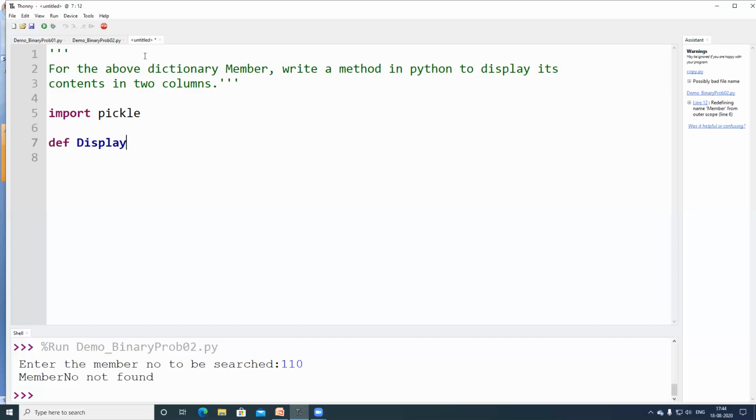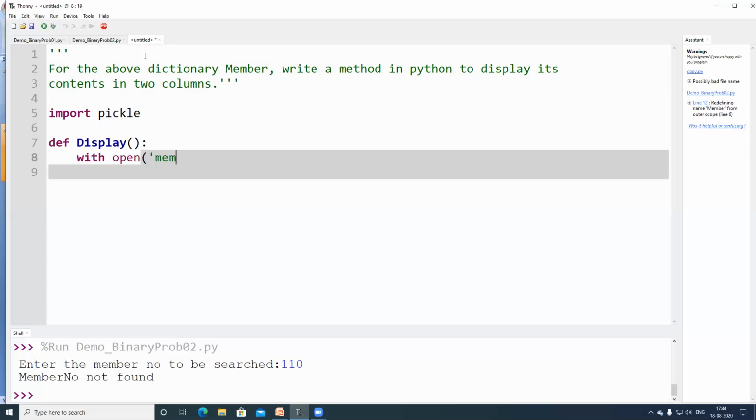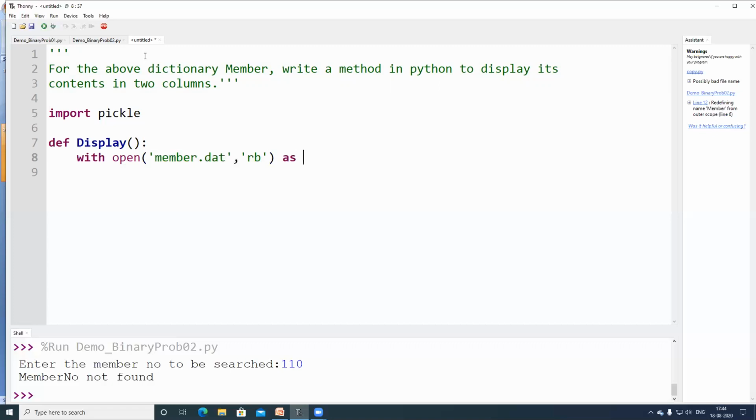I am keeping the function name as def display. Now I have to open the file with open. The file name we are going to open is member.dat, comma rb, whether we mention it or not, it is not necessary. rb file, right?